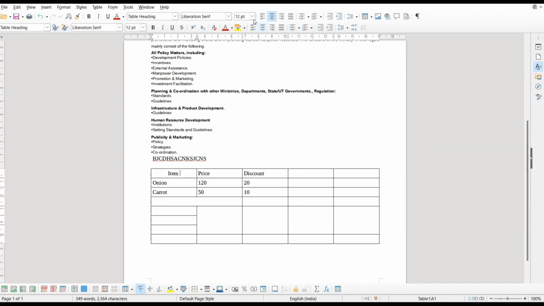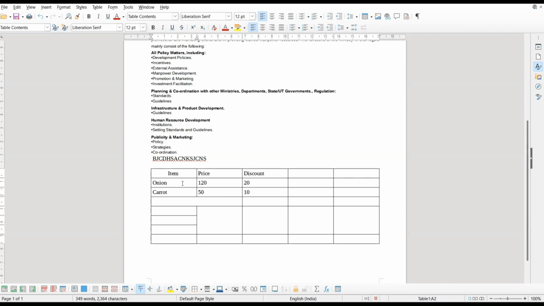Now coming to another topic, that is adding rows and columns in a table. Suppose what if I want to add more rows and more columns in a table? Can I do this thing? Yes, you can do this thing. Once a table is created, additional rows and columns can be added. What you have to do, you have to just place the cursor. मुझे क्या करना है, मुझे और भी रो ऐड करनी है.